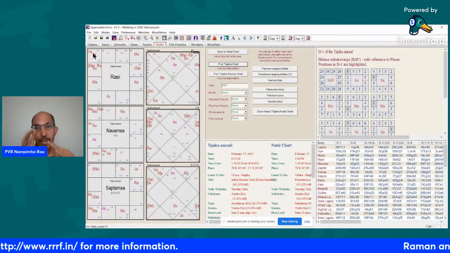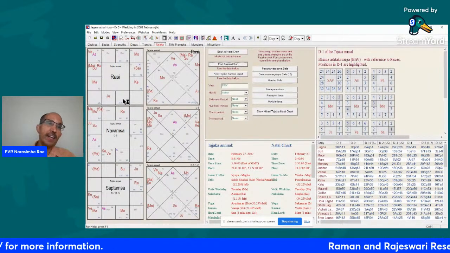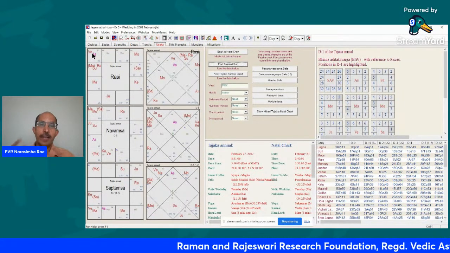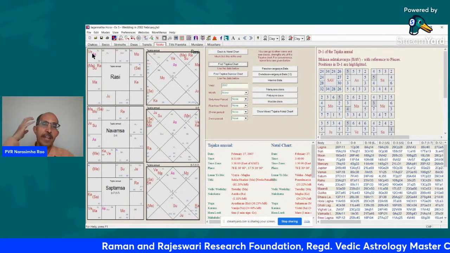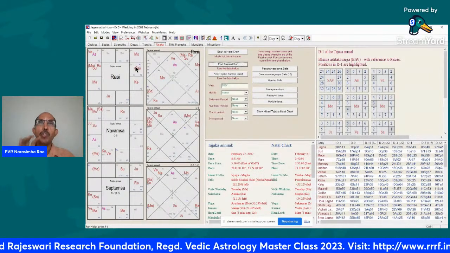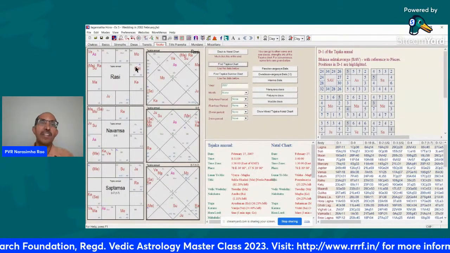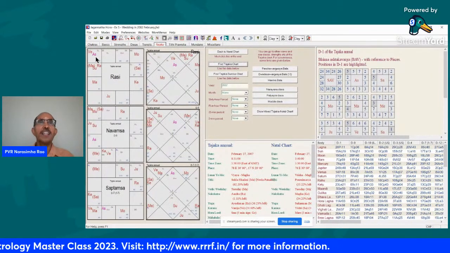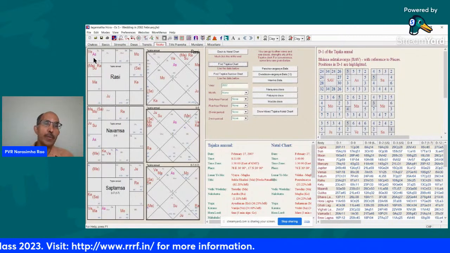By the way, normally in a native's chart, if eighth lord is in Lagna, it doesn't necessarily mean anything about marriage. It means health problems and anxieties, etc. But the thing is, here the entity whose chart we are looking at is their marital life. So Rasi chart is also important here. If the eighth lord is in Lagna, the marital life itself is under some duress.